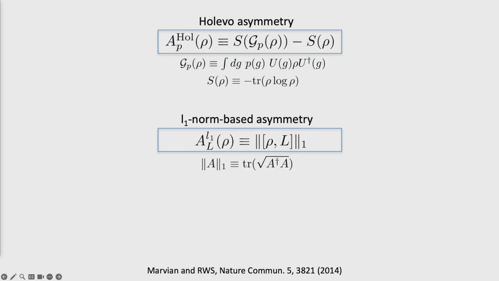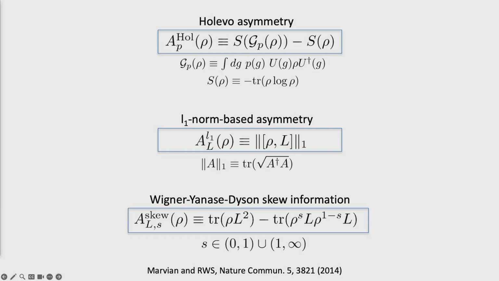You can use other measures of information to get other measures of asymmetry. So if L is a Hermitian operator that generates the transformations under the group, and if we're talking about rotations, this could be like the angular momentum operator along some axis, then non-commutation of your state with that generator indicates that the state has some asymmetry. If it were invariant under the group, then acting on both sides of the state with e to the iL times some parameter would do nothing. L would have to commute with rho. So you can look at the measure of this non-commutativity, and you can prove that that's indeed another measure of asymmetry.